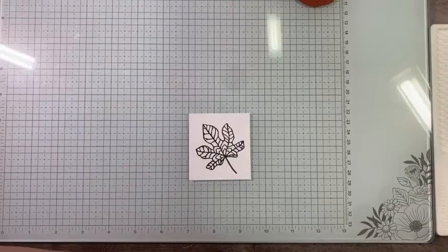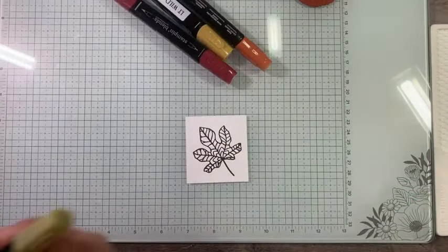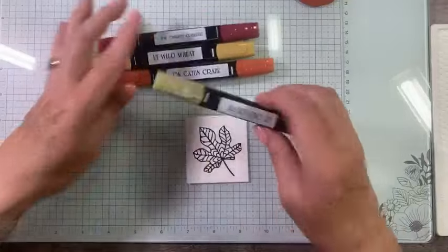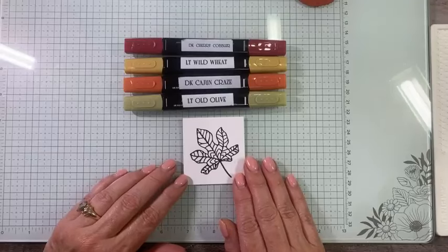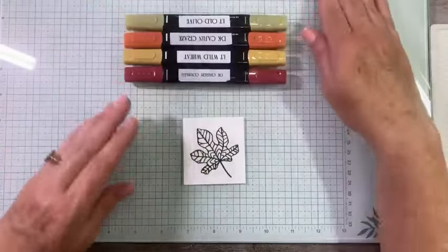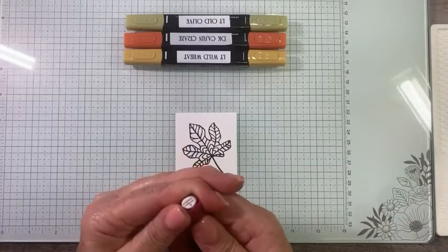Okay, and then what I've done with this, what did I do with, oh, here it is. Okay, so I have these 4 Stampin' Blends. Okay, dark cherry, light wild wheat, dark Cajun Craze, and a light old olive. Put them in the order, whatever order you would like. Okay, and then what I did, I'm not going to color this whole thing because I've already got it done,